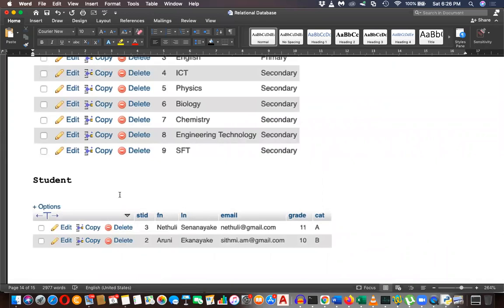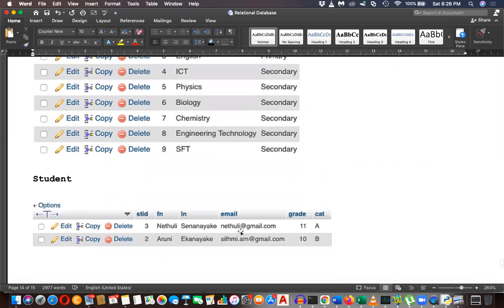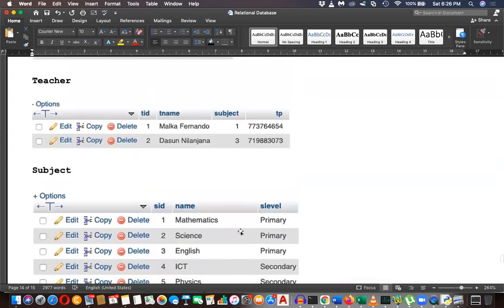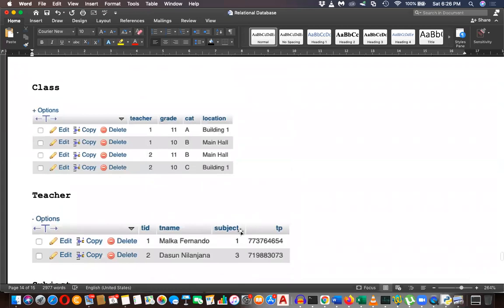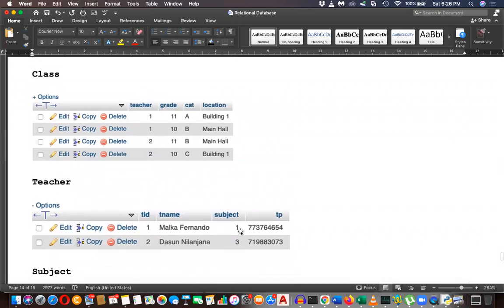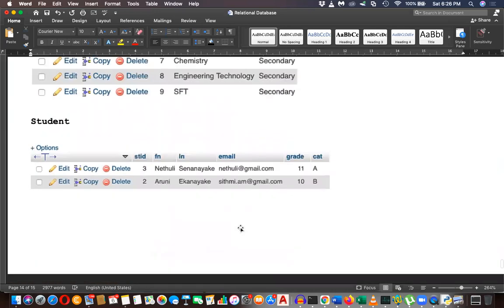I need the students' first name, last name, and email who are in main hall. Right? The students who are in the main hall, I need their first name, last name, and email.